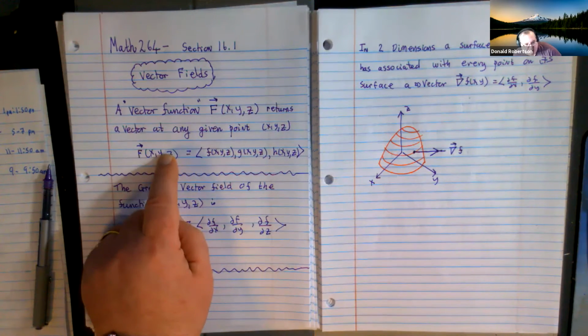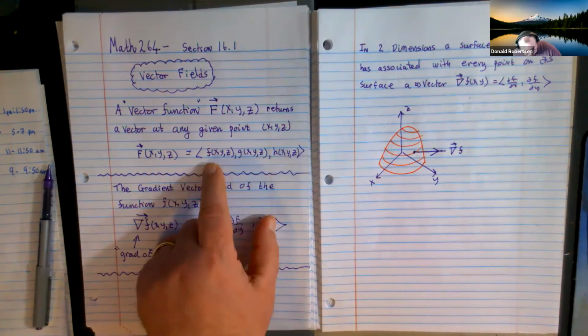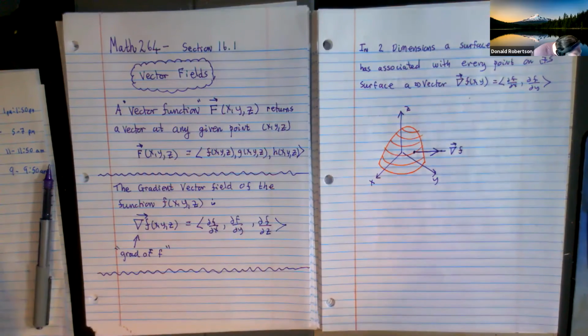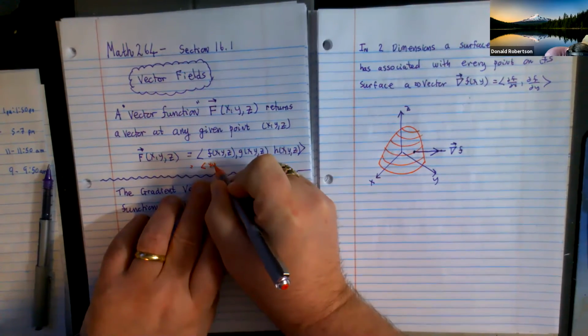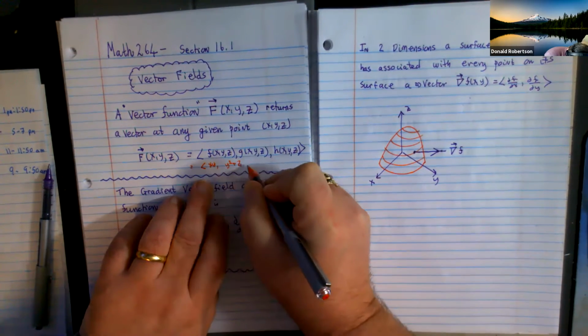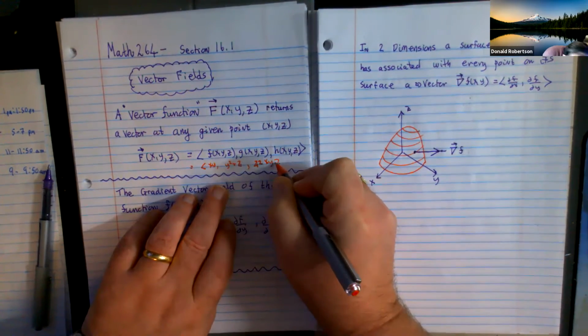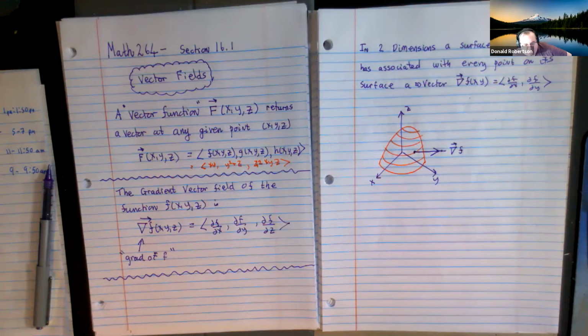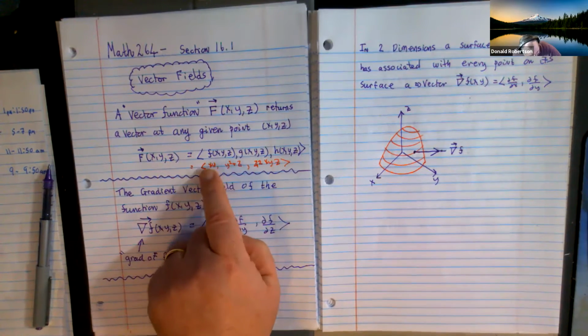The vector field F, capital F, is made up of three components, an X, a Y, and a Z component. Each of these components can, and very often do, have X's, Y's, and Z's in them. So it is possible for you to have a vector field where one component says 42. Any one of the three components could be a number on its own. Any one of the three components could have X, Y, and Z in it. It really doesn't matter. Any given function you can think of, X's, Y's, and Z's can go here, and they're